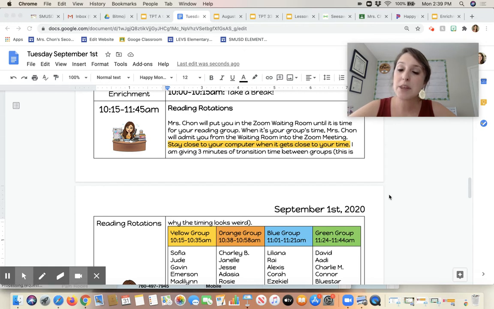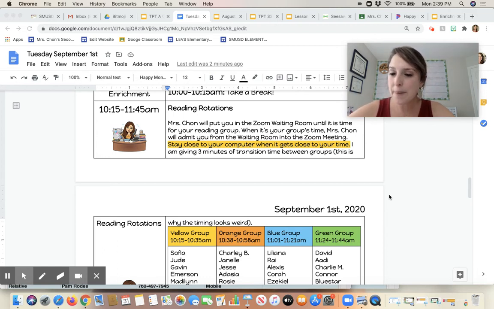So once I'm done with my first group, I'm going to send those kids back into the waiting room, and then I'm going to admit the kids in the next group into our Zoom meeting. So if they're reading by their computer or working on their computer, the Zoom meeting will automatically pop back up on their screen and I'll say, hey, time for your reading group. And then they can come and work with me.